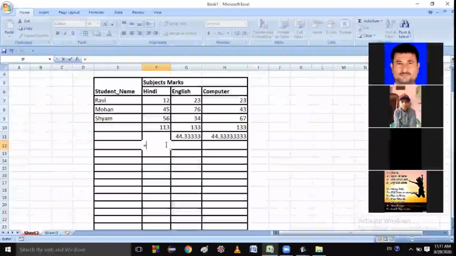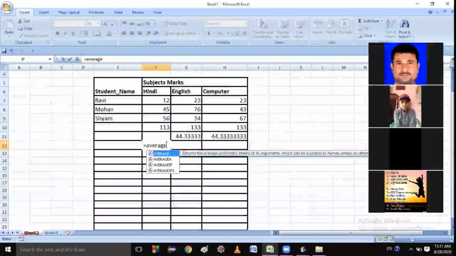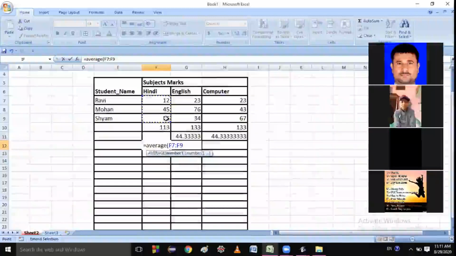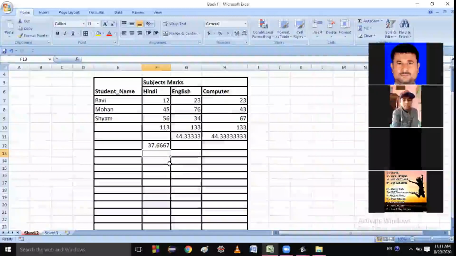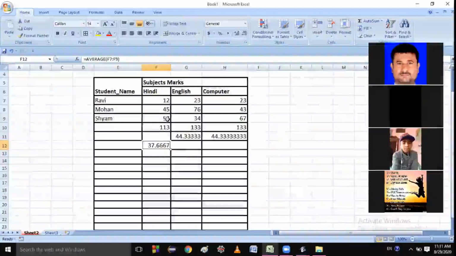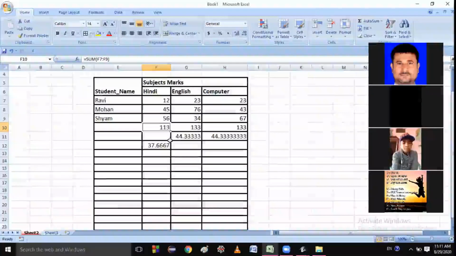Let me write here AVERAGE, and I will do this one colon to this one, enter. 37.667. So 113, you divide by 3. So this is correct.